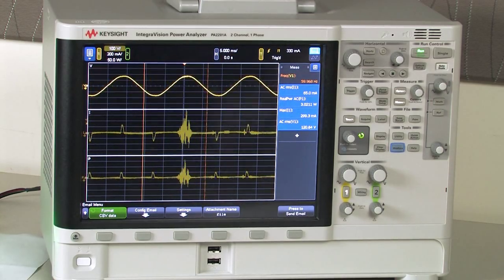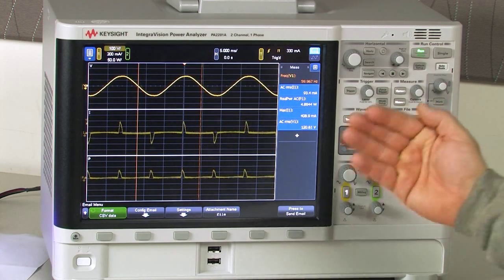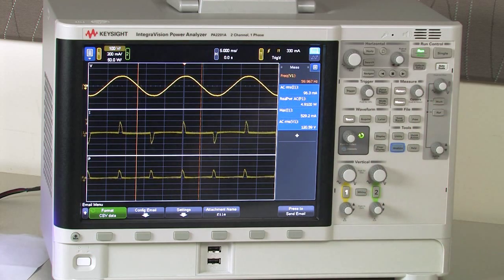What I want to do is capture this waveform, and instead of saving a bitmap this time, I'm going to save the raw data that we capture. When you save the raw data, you can select how many points you want to view. Then I will send that raw data to my email account and open it up. And then I could use MATLAB or Excel to really dig into the data set and find these anomalies.